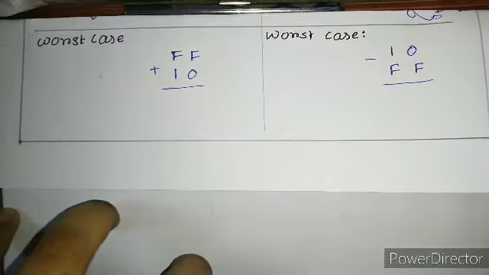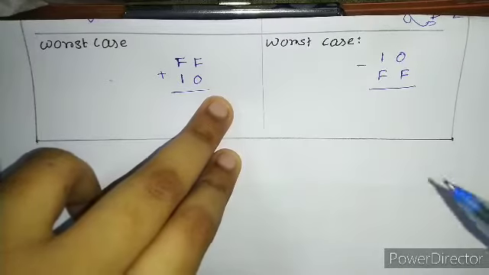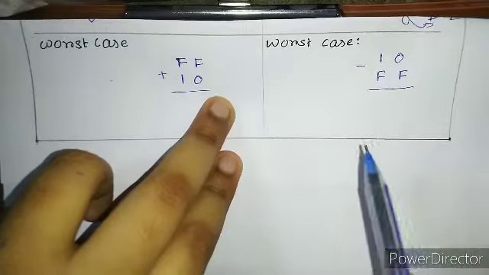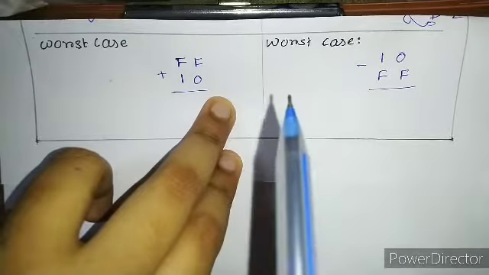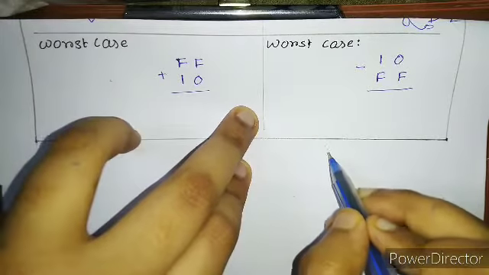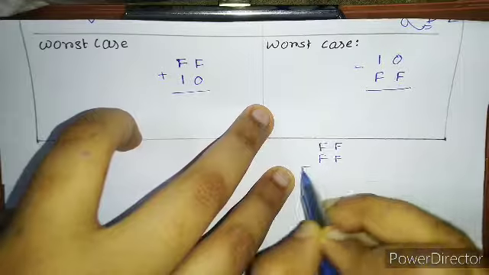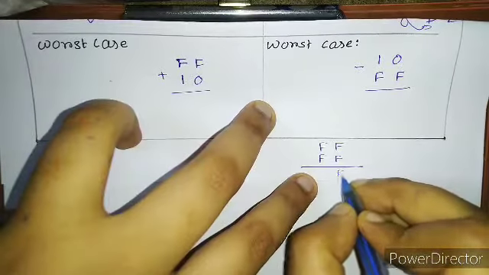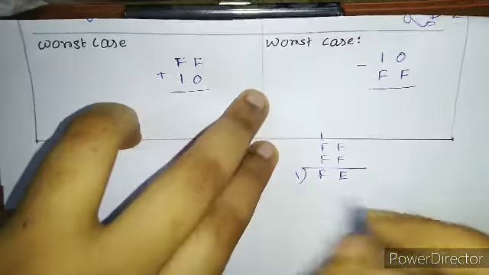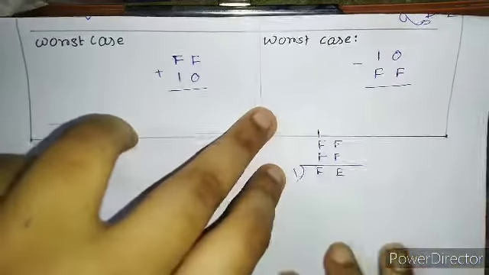Now I know some of you are assuming that okay, when you are adding two 8-bit numbers, the result will be 8-bit, but there could be a carry also. So two 8-bit numbers can generate an 8-bit number plus a carry, like FF plus FF. So FF plus FF gives FE and a carry of 1, right? I'm sure that you know how to do this addition. If not, then just let me show you.